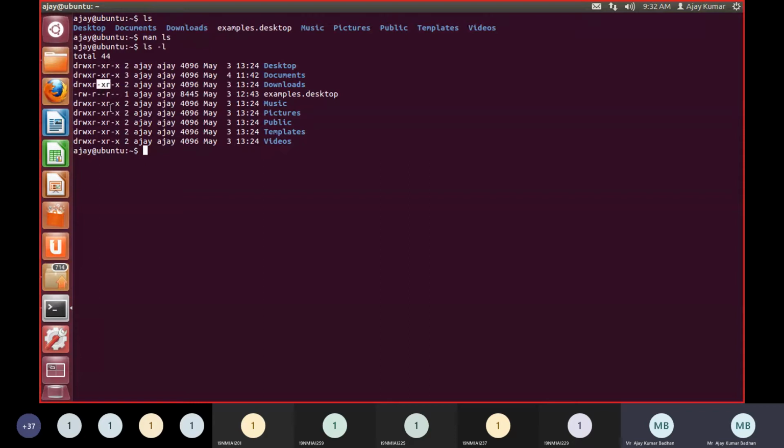For example, I am one of the members of your particular group. Now you have shared something, some file with me. So you have the full permissions. You are the owner. You can perform reading, execution, and writing of that particular directory. But since you are giving it to me to use, you don't want me to perform some actions.